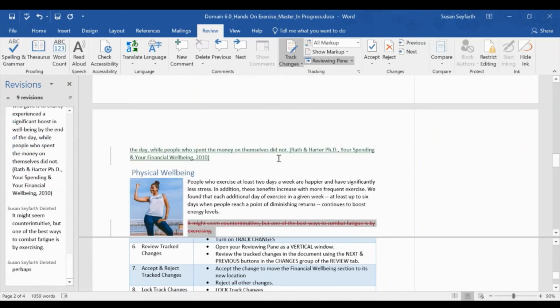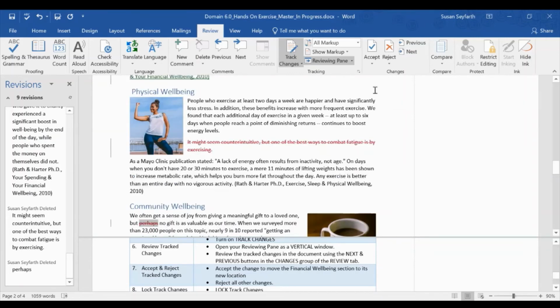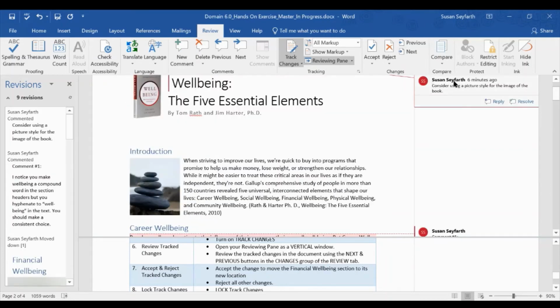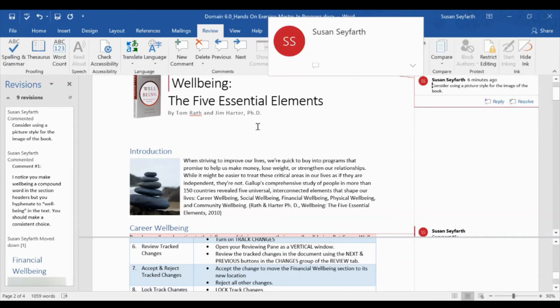If I say Next, it's this little line that I took out, deleted here. Next, shows me this small deletion here. If I say Next, it takes me all the way back to the beginning where that comment we put in at the very beginning shows up. So that's just a quick review through all of the changes that were made in